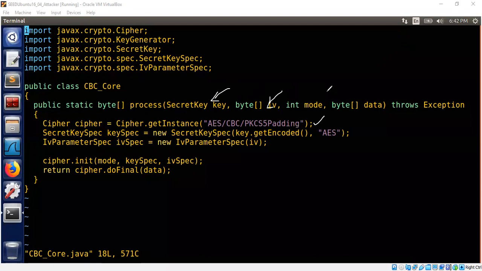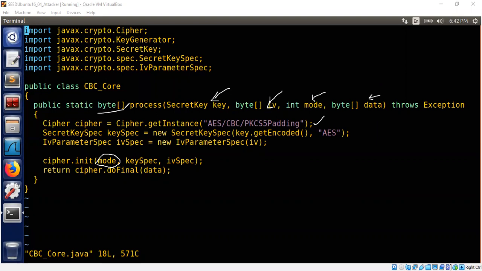If you set the mode to be encryption, that mode is used here, and the data will be encrypted. If you set the mode to be decryption, then the data will be decrypted, and therefore you get back the decrypted data as the return value. So this is the basic building block. As you can see here, it throws an exception. I should have been more specific about the type of exception, but for this demo, it's okay. You can assume if something goes wrong in the encryption decryption process, the program will throw an error. That's the exception.